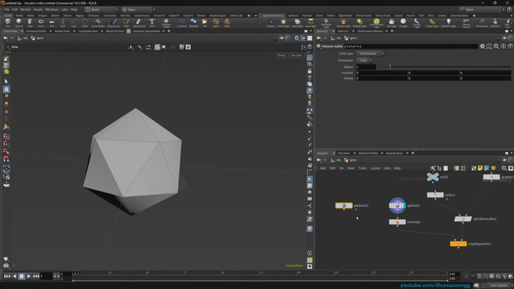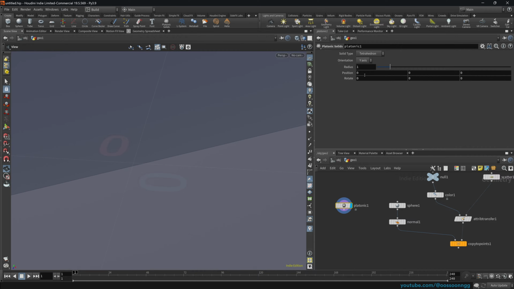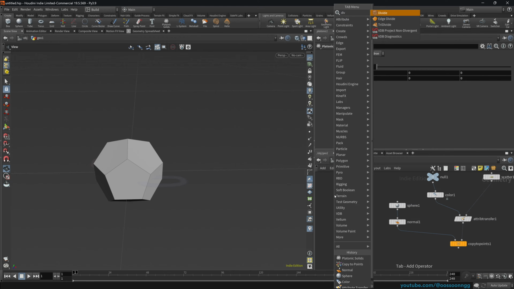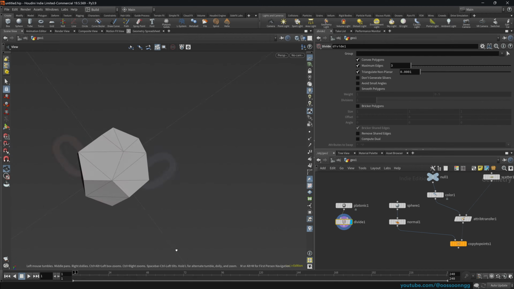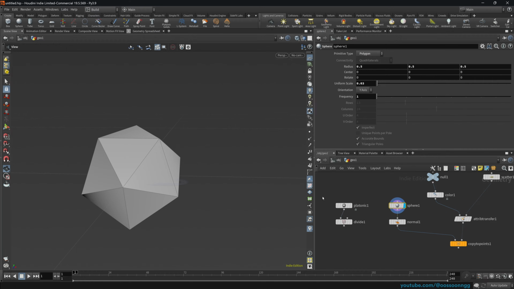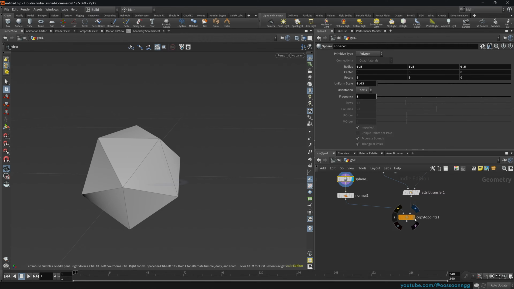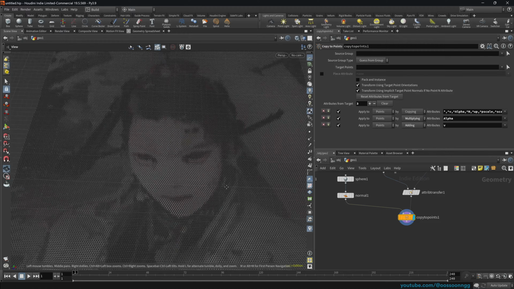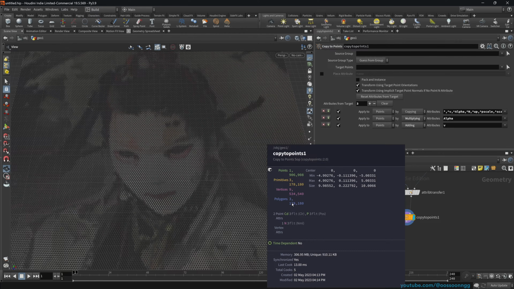But if you, for example, wanted to do some sort of platonic solids, dodecahedron, right? First, you would need to divide it to make it triangles. Otherwise, Unreal Engine would be confused what to do with your geometry. But again, since we already have only triangles constructing our sphere, this will work just fine. The only thing important to us right now is that we have proper colors and proper